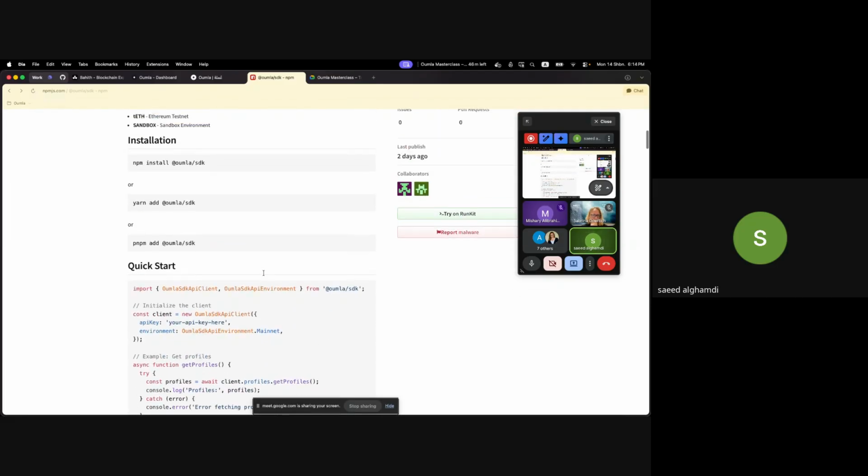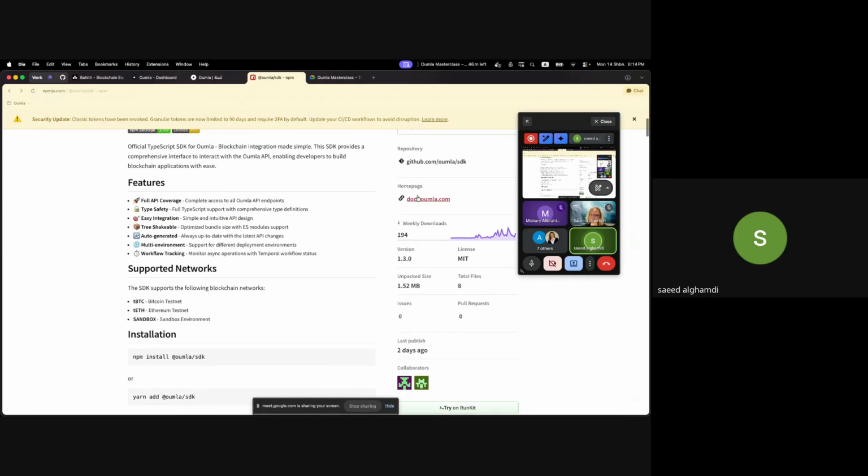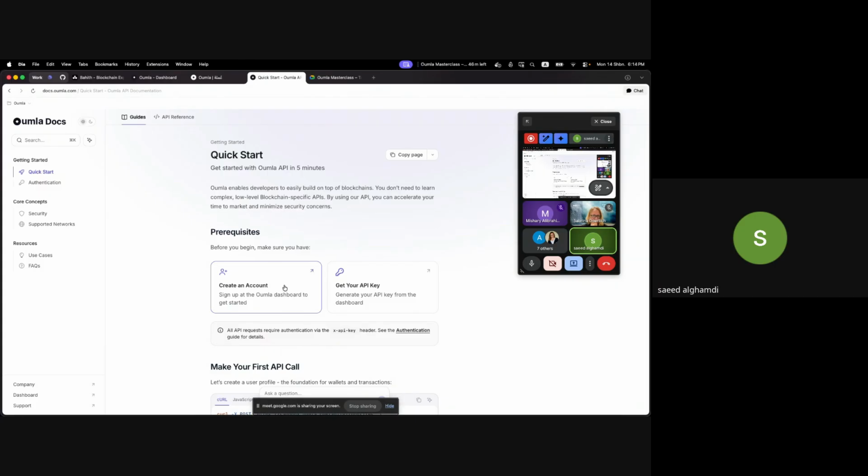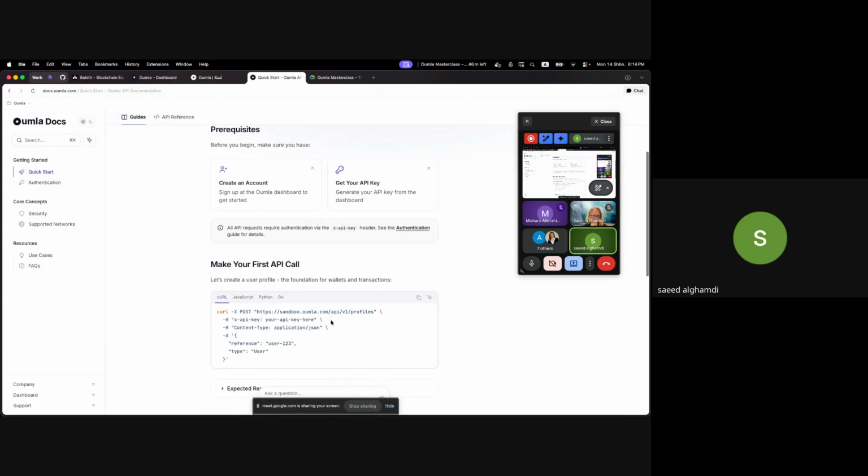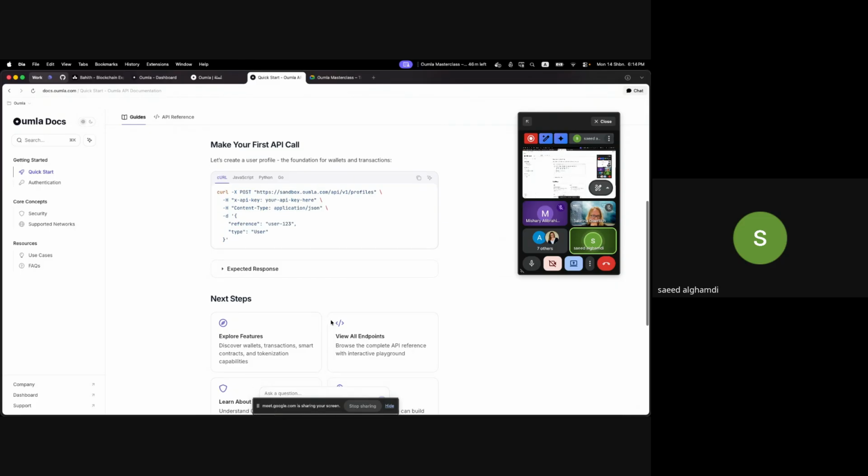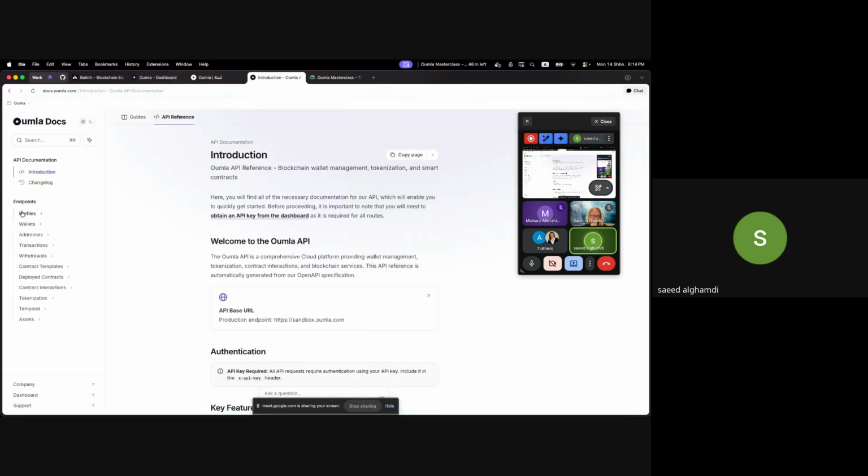I will go quickly over it. We also have the API documentation for all the APIs that we have, and all the endpoints are documented for creating profiles, wallets, addresses, transactions, tokenization, and so on. And this is about the SDK.